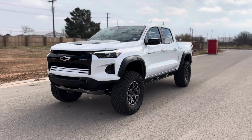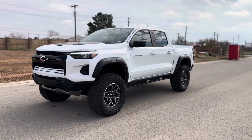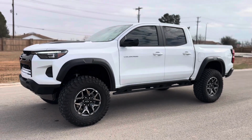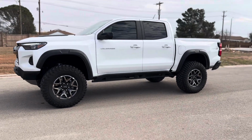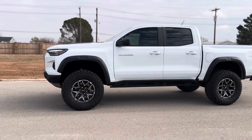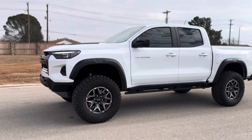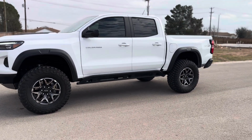Just giving a little update on the Colorado. Done a few things and I forgot to update you guys. I've been busy with Christmas and all that good stuff, but as it sits right now, I went ahead and added the extra 1-inch spacer on the front from CCE. So now we have a total of 2 inches up front, and then we did the 1-inch jack on the